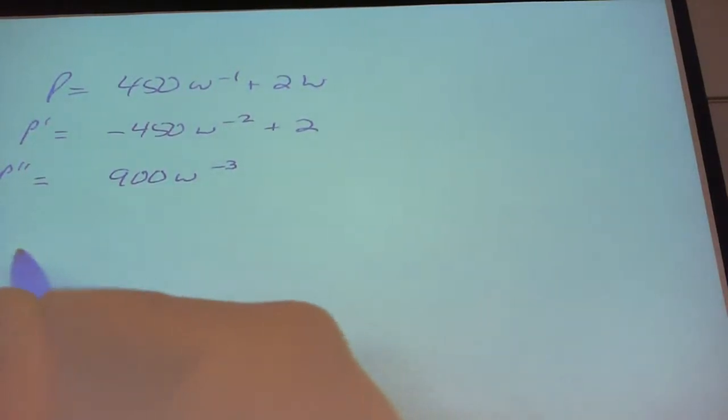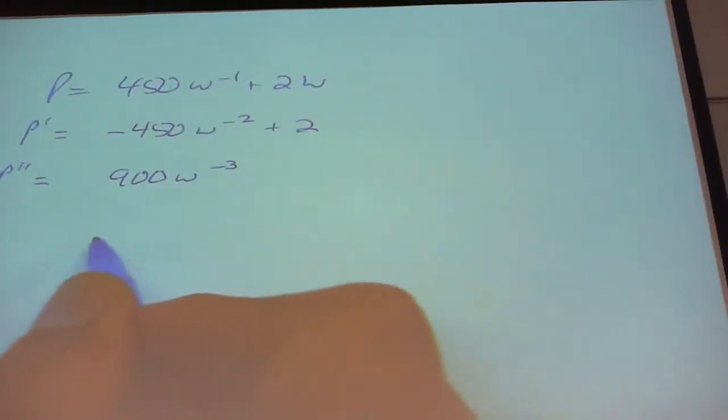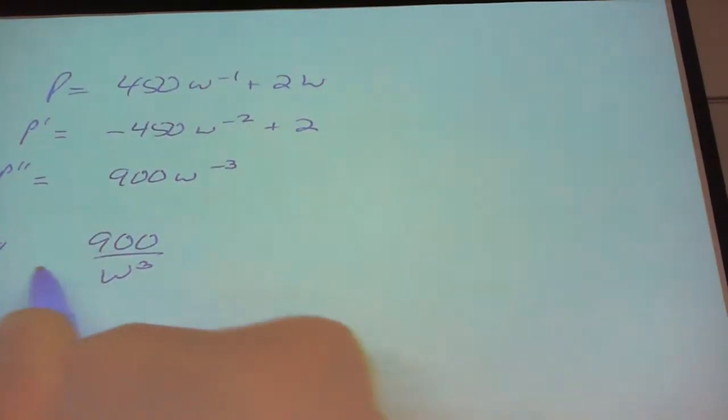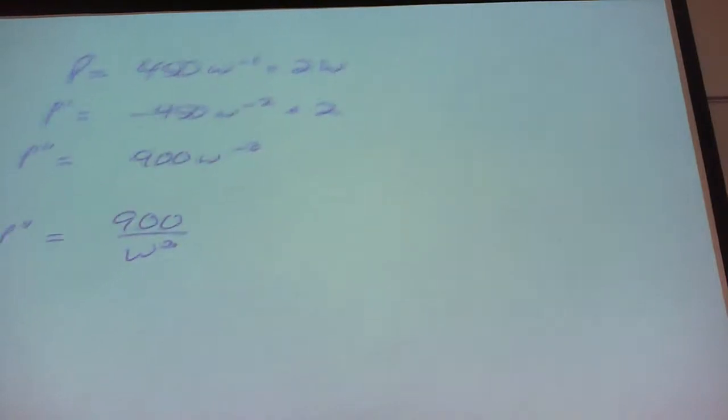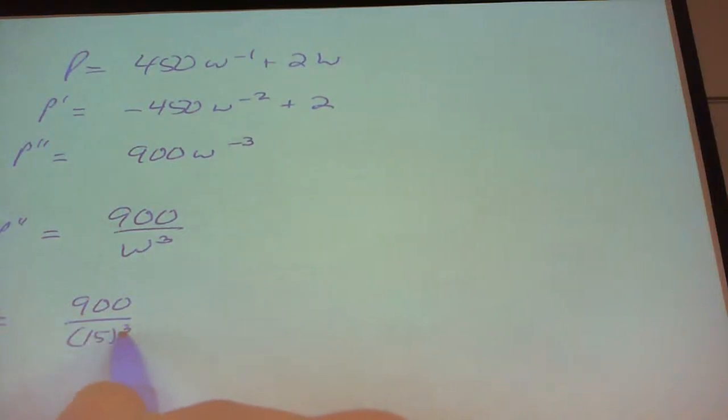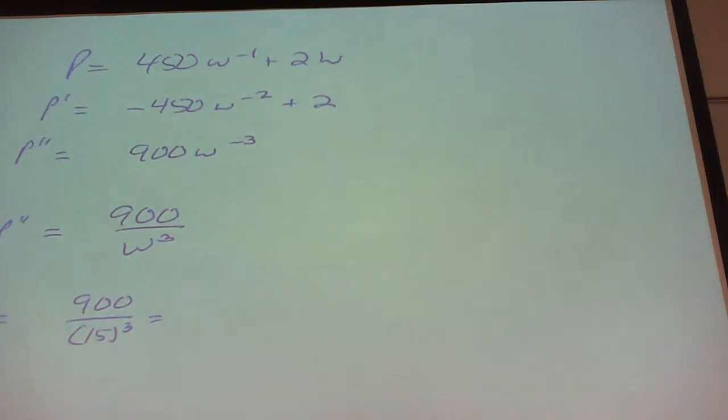This would be 900 over W to the third. That's the second derivative. What number are we going to plug in? What did we find for W? 15. And if you take 900 divided by 15 raised to the third, you get